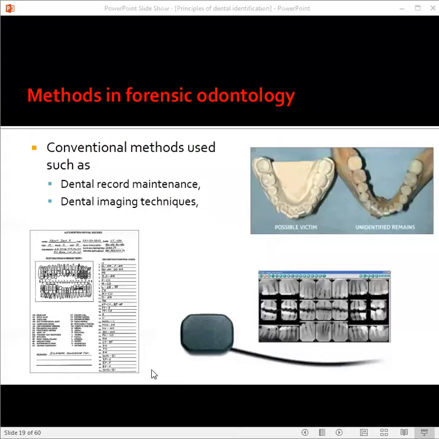So you all know that this is a dental chart which is almost followed universally, based on either your universal tooth numbering system, or your FDI system, or your two-digit Zsigmondy-Palmer system. Whatever the system might be, recording of the person's details during or before their death and comparing that with the record of the deceased individual can help in identifying the individual. You can also compare the dental x-rays taken before and the dental findings of the corpse you have in hand as a suspect.